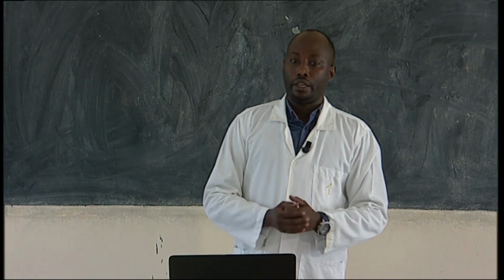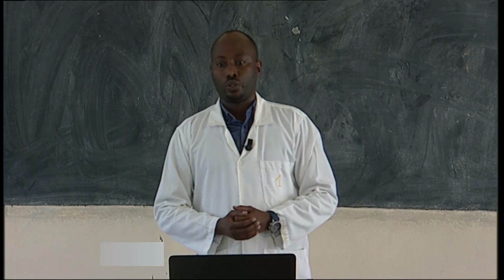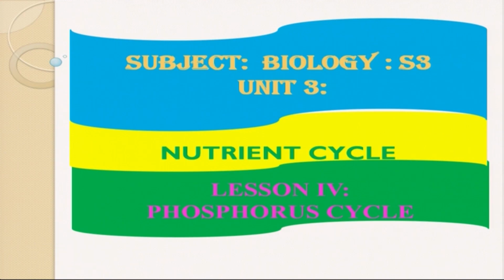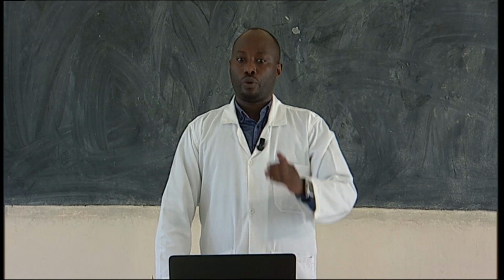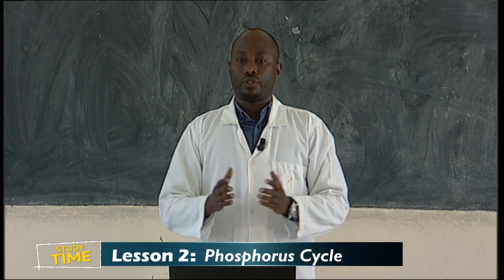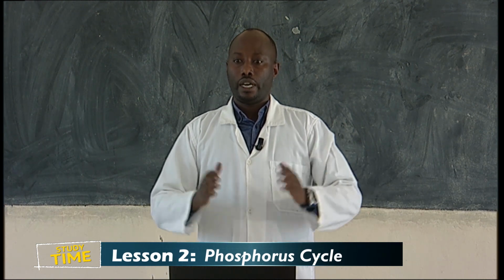So today we are still on the same unit, which is concerning nutrient cycles, and we are going to unit 4, lesson 4, which is concerning the phosphorus cycle. The phosphorus cycle goes along with the water cycle, carbon cycle, and nitrogen cycle. So we're going to talk about the phosphorus cycle and how phosphorus keeps circulating in the earth and in the